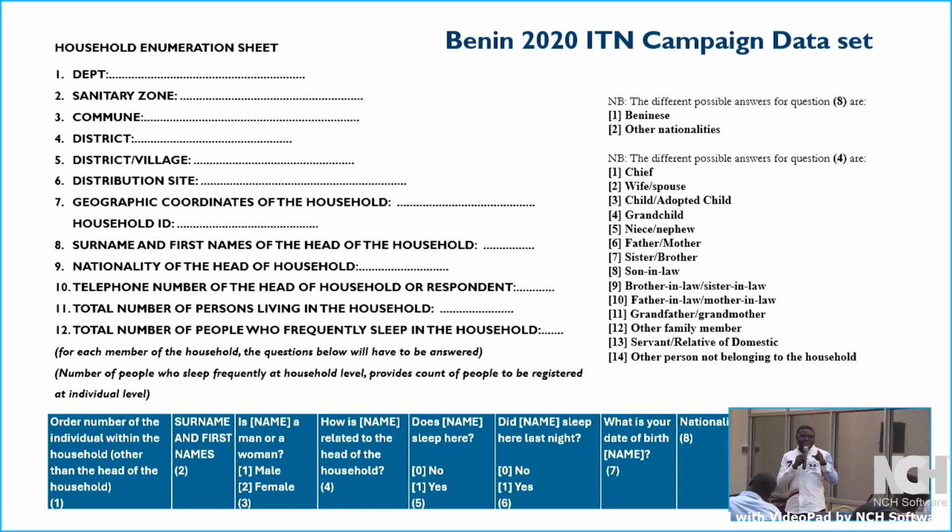And it is on this note I will actually want to call out one of the countries, because we implemented this in Benin, because it was politically driven.